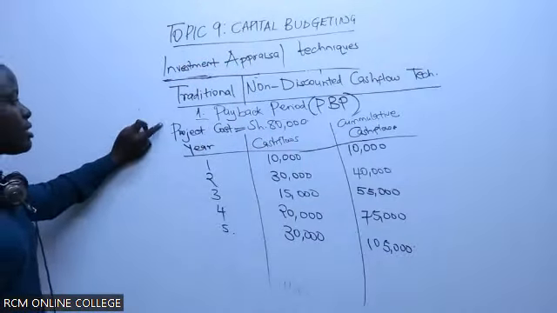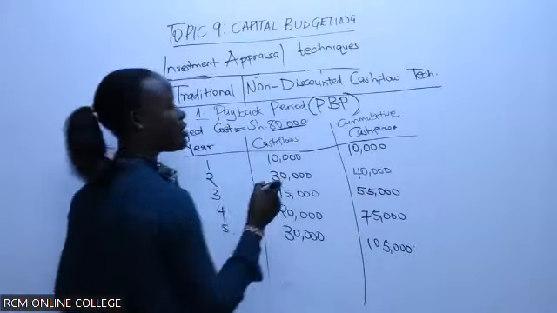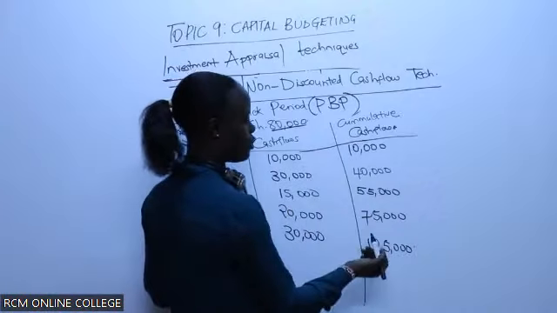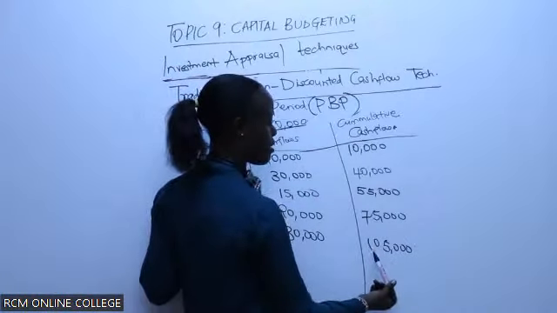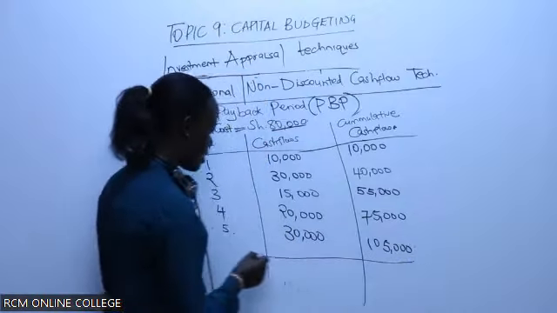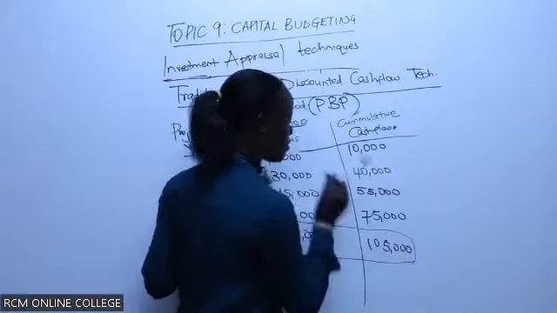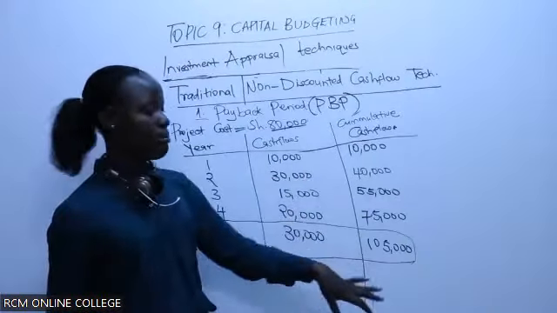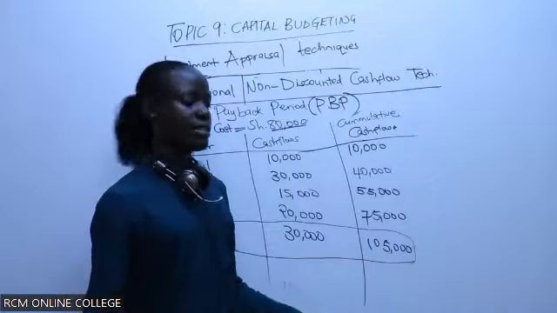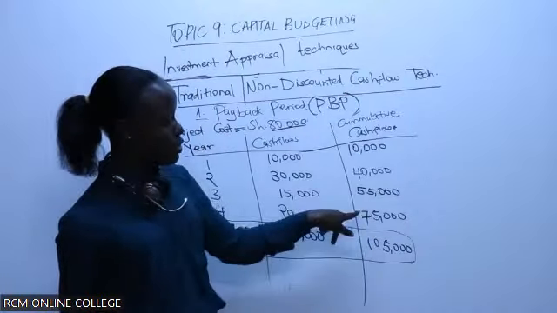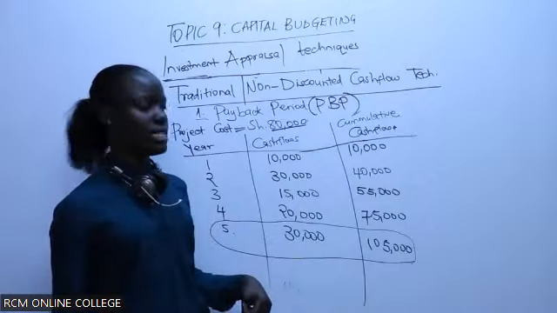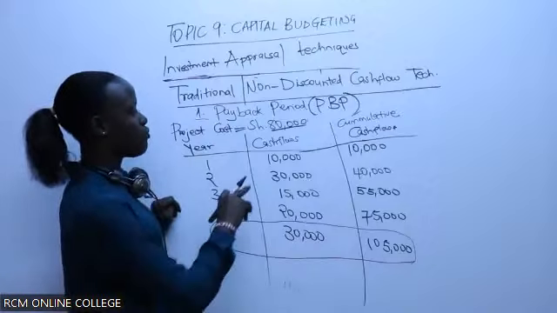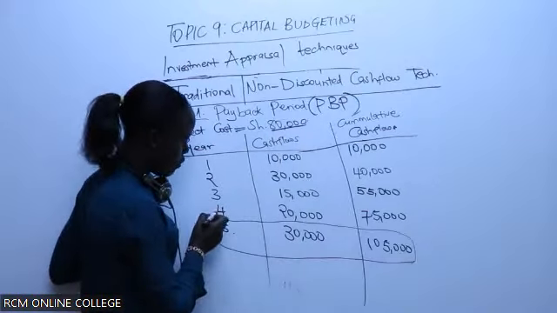Remember, we were told that our project requires 80,000. So what we want to recover is just the 80,000. And when we look at our cumulative values, we have 75,000 and the next value we have is 105,000. So we can't pick the final year because this is above what we require. We require only 80,000. But when we talk of 105, this is excess. But when we also come back to 75, this is also less. So meaning that the years that will be required to generate this amount is a year between 4